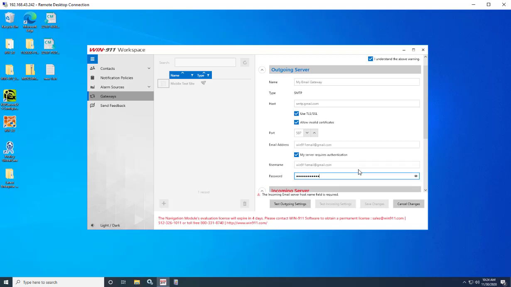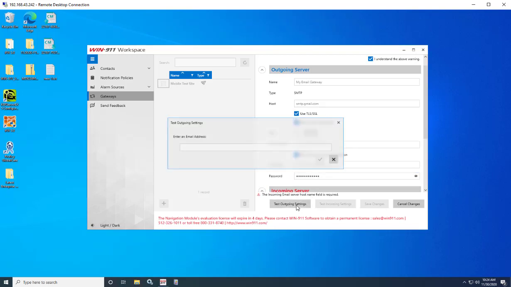Now with just those basic settings with the host, TLS, allow invalid certificates, the email address, the username, and the password, you should be able to click on test outgoing settings, send it to a test email,